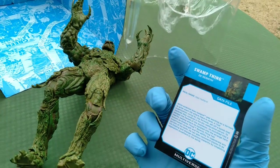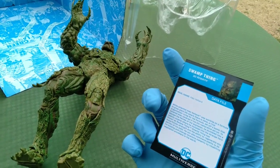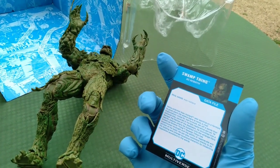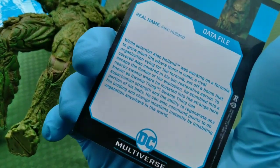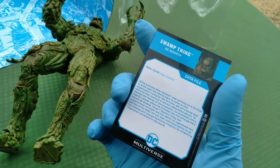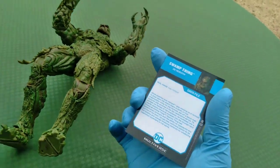While scientist Alec Holland was working on a formula to grow plant life where there is none, a rival organization vying for the formula set off a bomb that covered Alec covered. No! I hate typos so much. That covered Alec in his biorestorative serum. To escape the flames of the explosion, he stumbled into a nearby